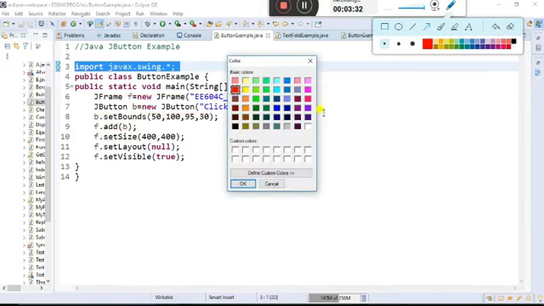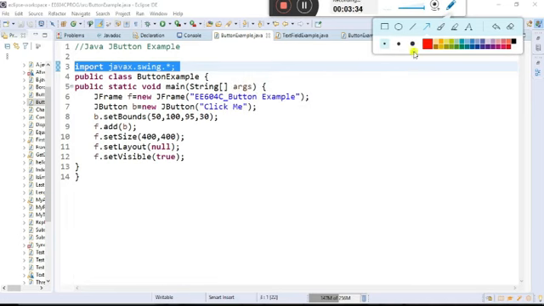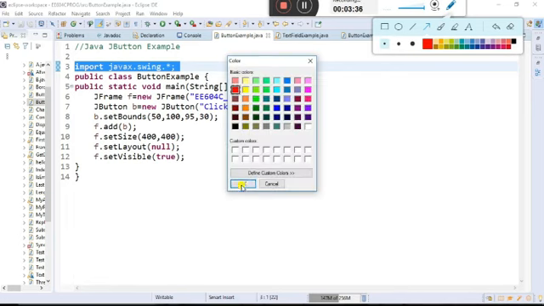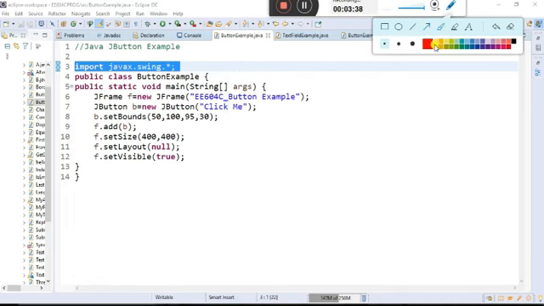This line is very important. This is the add function, my commonly used add function, that we have passed b as an argument. So after creating the button, that will be treated as an object. That object is bound, then this object is added to my frame class, and that frame's set visible, set size,